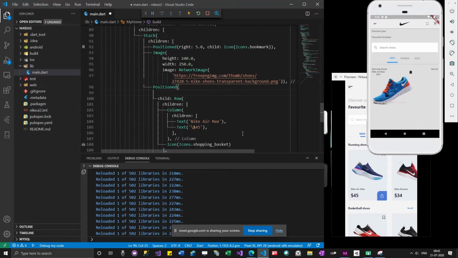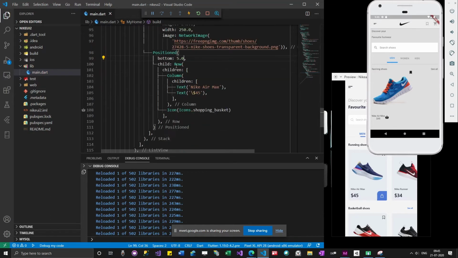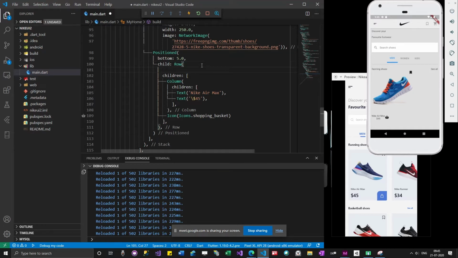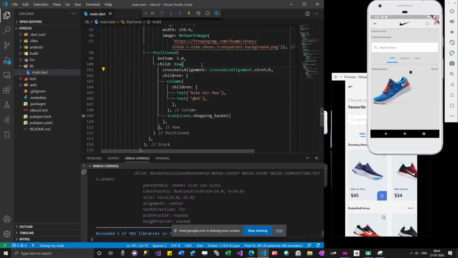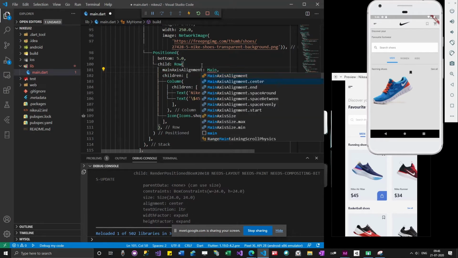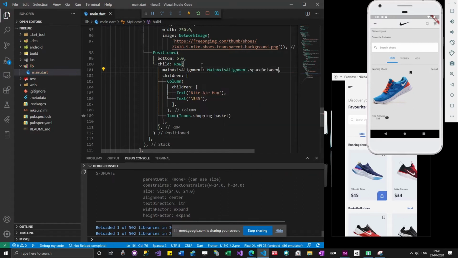And then I'm going to specify bottom. So you can see everything has moved to bottom. So I need to spread this row to each end. Like I want Nike Air Max to be on this side and this icon to be on the other side. So for that I'm going to use cross axis alignment. Let's see if this works. Okay, this doesn't work very well. Main axis alignment, space between.